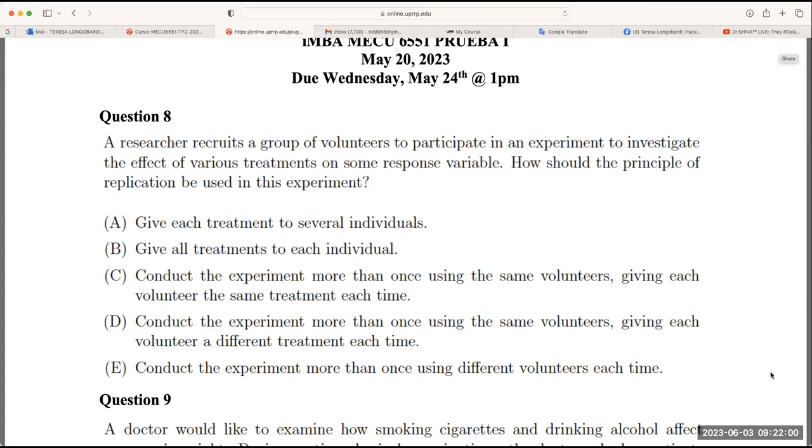So remember, this is a standard where we're going to compare a variety of treatments. Now we have to randomize to the treatments, but replication occurs within the treatments. We have to have enough people within each treatment to see a difference and a significant difference. So yes, you're going to be giving each treatment to several individuals, but you have to also make sure that there's enough individuals in each